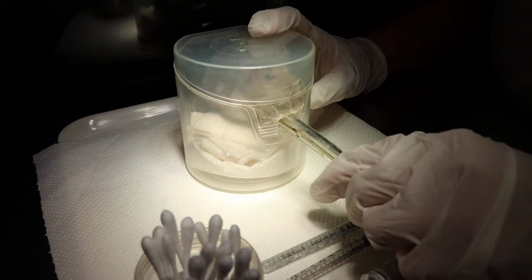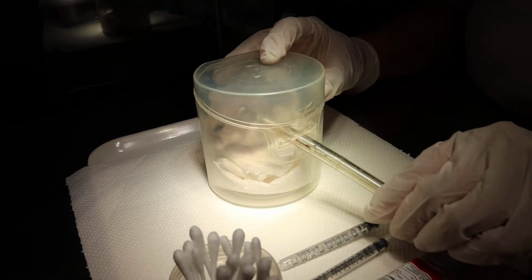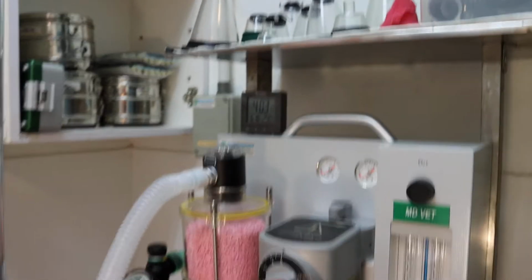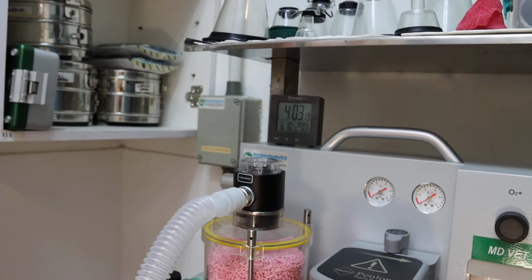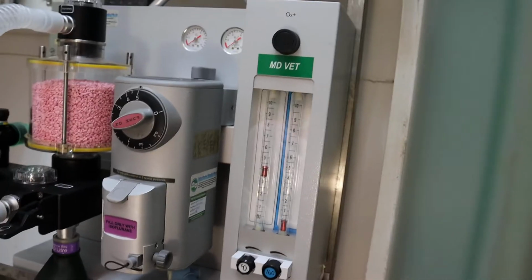So we'll do with anesthetic gas at 5%. Now normally it takes about 2 or 3 minutes. You have the clock there. It's 4:03. It's about 5%,